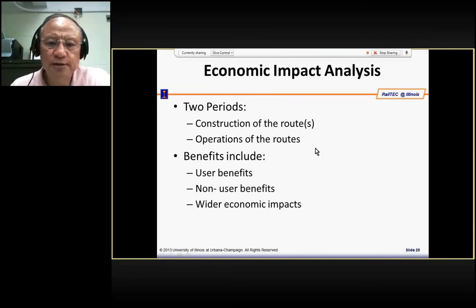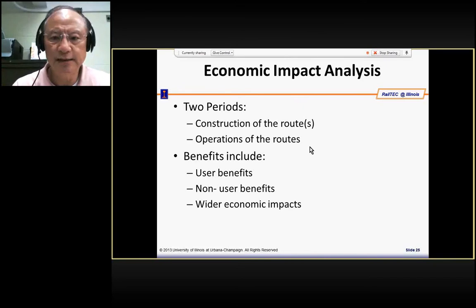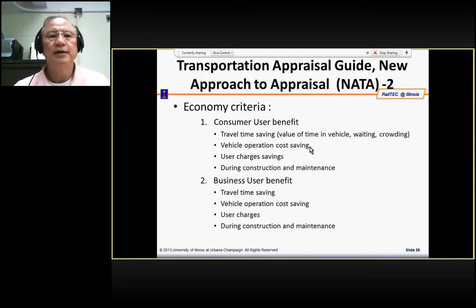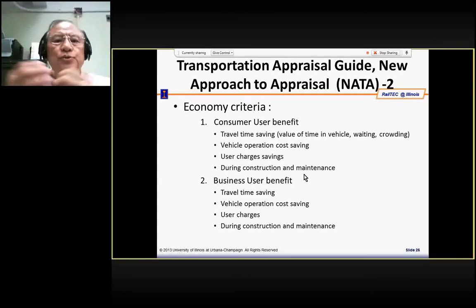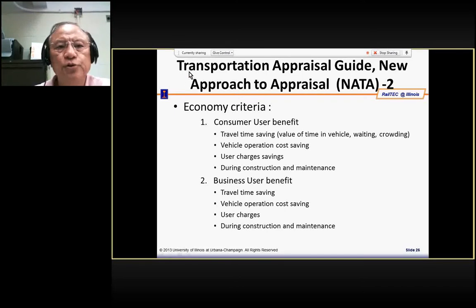And so if you consider all this, then all the benefit to the system and to the society can be included. There are many guides that tell us how to do this. One of the guides you can refer to is by the Department for Transport of UK. They have a transportation appraisal guide, particularly for rail. And then you can see how they try to